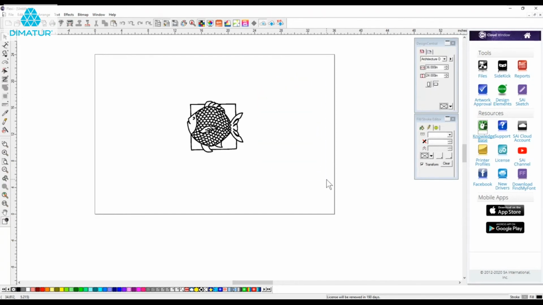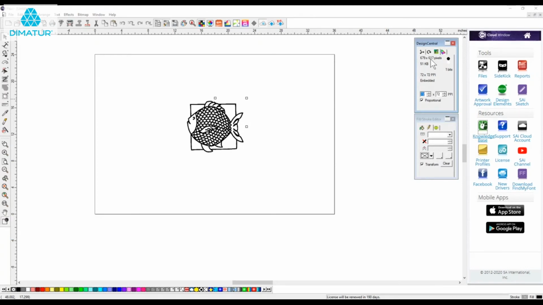In terms of bitmaps, one of the things that we frequently will do with bitmaps is vectorize them. So one thing to notice about bitmaps is that they have a limited amount of pixels that they can display or print. So if you make this bigger, you're only dealing with the same amount of pixels. In fact, if we look at it here, it's only a resolution of 679 by 617. So when I make this bigger, we're basically just stretching the same amount of pixels over a larger area. So you can get a